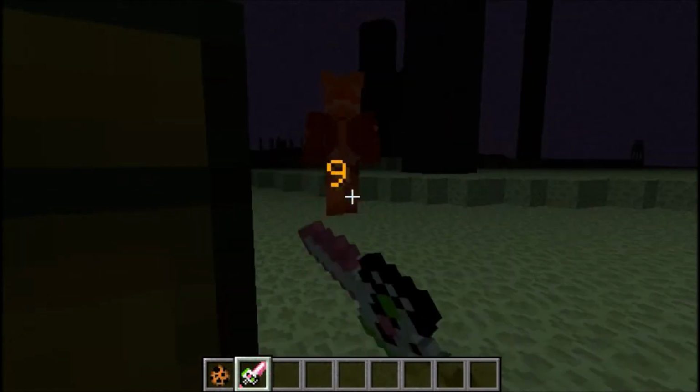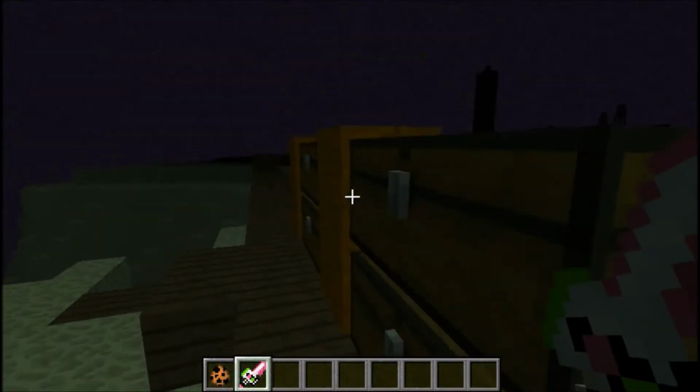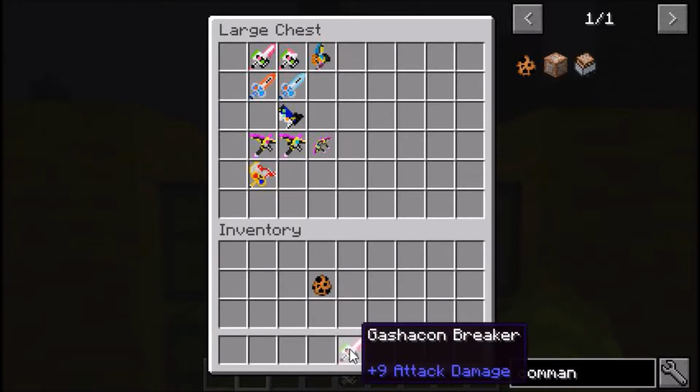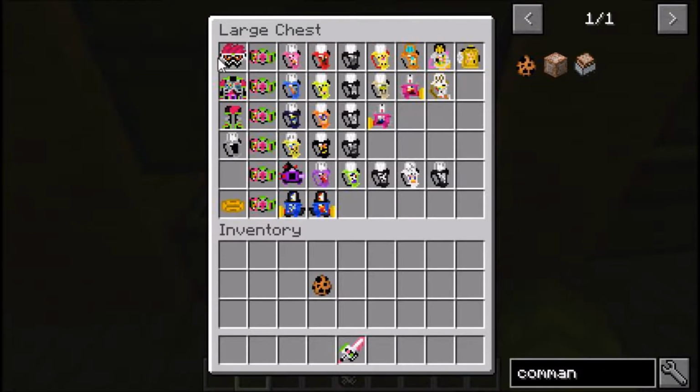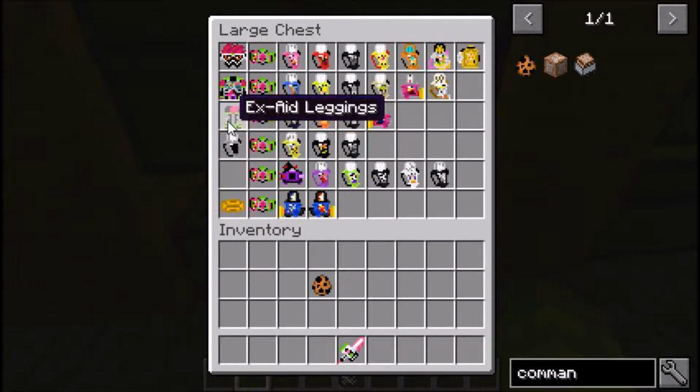Where did you go? And they also drop the blank gashettes, which are used to craft everything in this mod. I'll keep that on me, because first we're going to look at Ex-Aid himself. And this is craftable. You use the blank gashettes to craft everything as you would expect. And those either drop from the ore or from the Bugster Virus mooks. So anyway, let's henshin